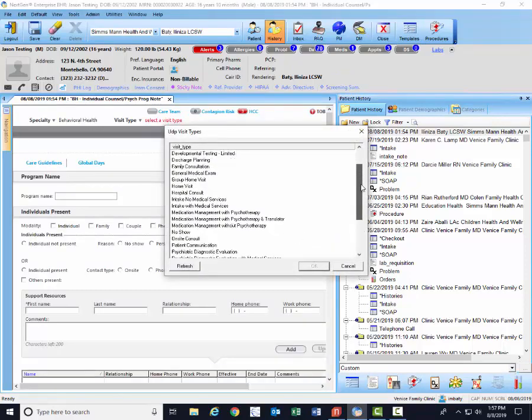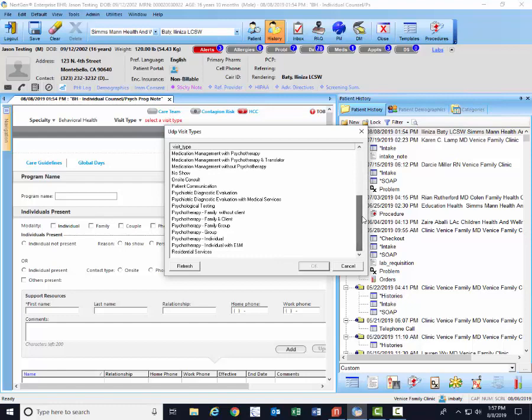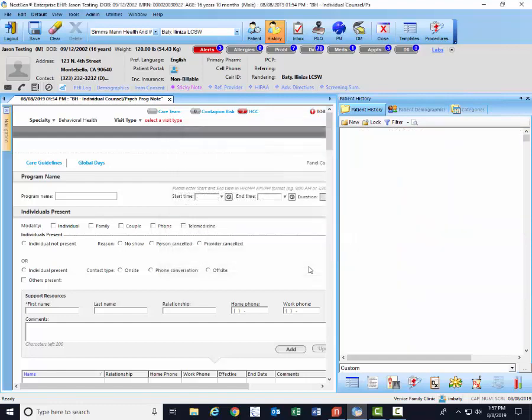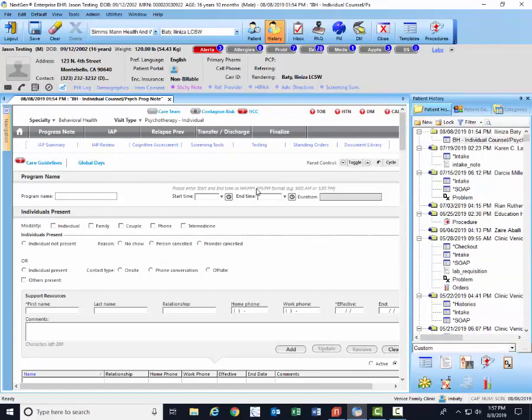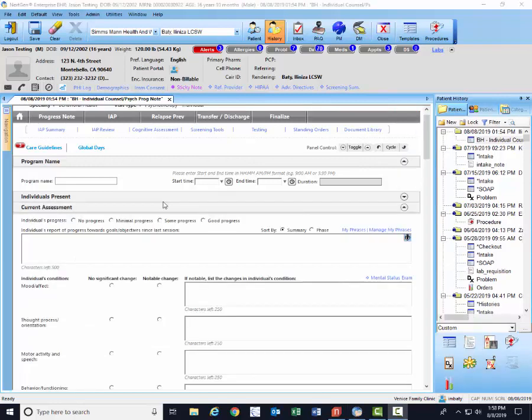and then find Psychotherapy Individual. Click on that and hit OK, and then you will see the template. You will go down to the section that says Current Assessment. You will